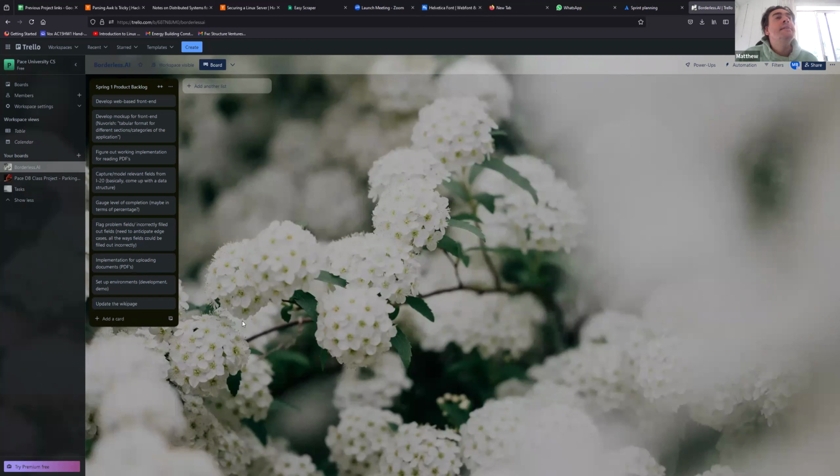Sprint 1, I believe we need to make a presentation, and then we need to have a demo, a minimum version of the MVP. We also need to update our wiki page, and we also need to record a presentation, record Sprint 2 planning, and record a retrospective. That would be our deliverables.